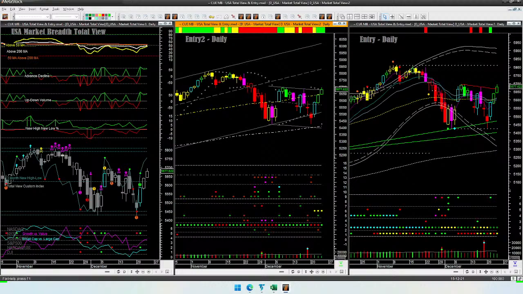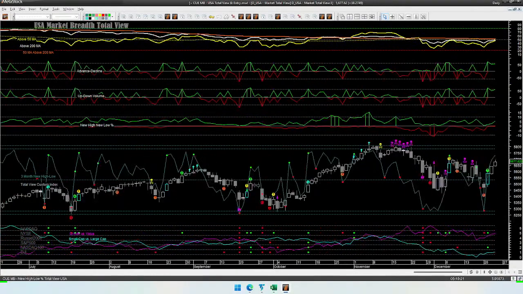When was the follow through day? Let's expand the market breadth total view chart. If we used the IBD methodology, the follow through day that comes after the rally day within a few number of days would have been somewhere near the end of the current week, or maybe somewhere here, after a rally day within X number of days. That is using the IBD methodology.